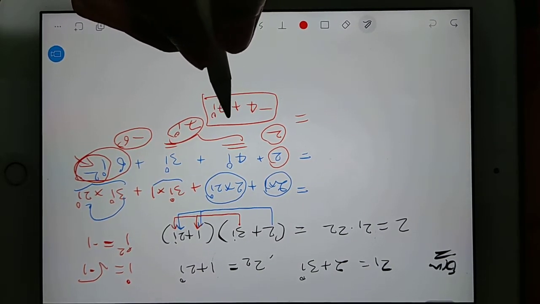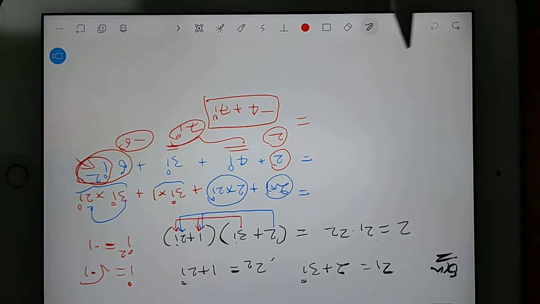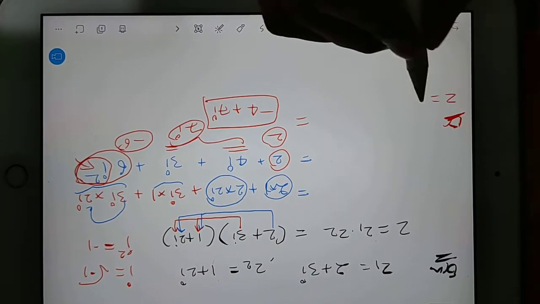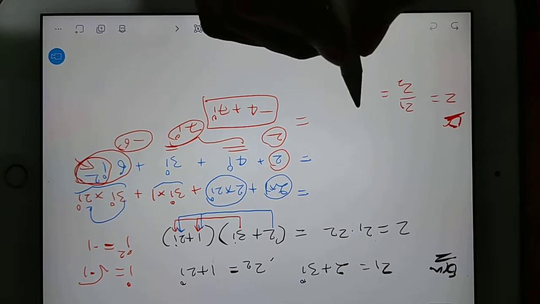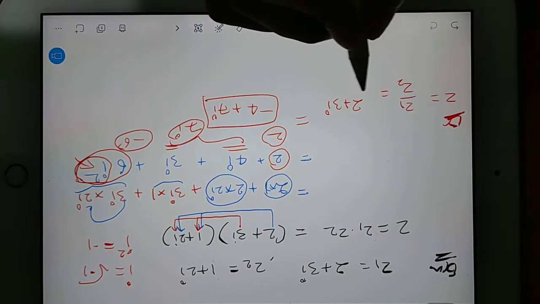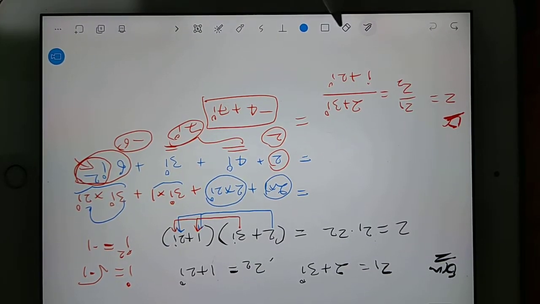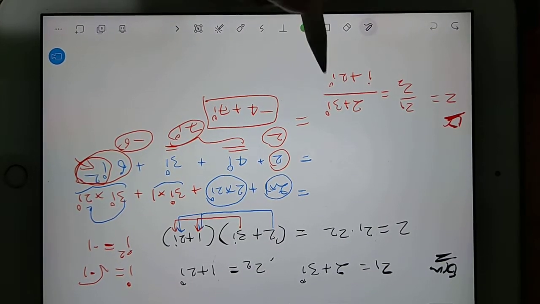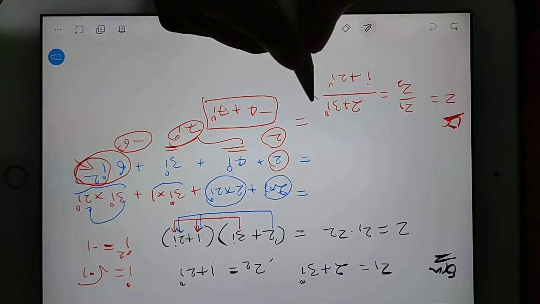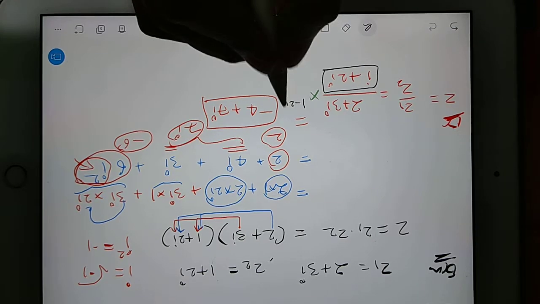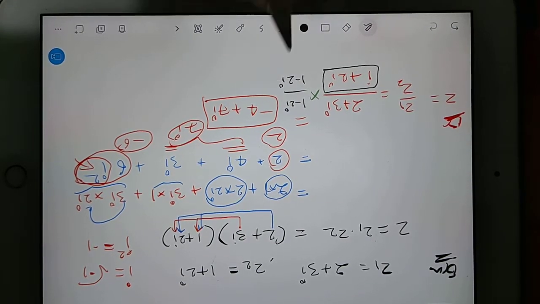And in case if you want to discuss division, it is also very simple. Suppose I want to go for Z is equal to Z1 by Z2, a new example. In that case, you write 2 plus 3i divided by 1 plus 2i. In that case, what will you do? You just take the conjugate of the denominator and you multiply. So multiply with the conjugate. Conjugate is nothing but 1 minus 2i. So 1 minus 2i multiply here, and 1 minus 2i you multiply here.